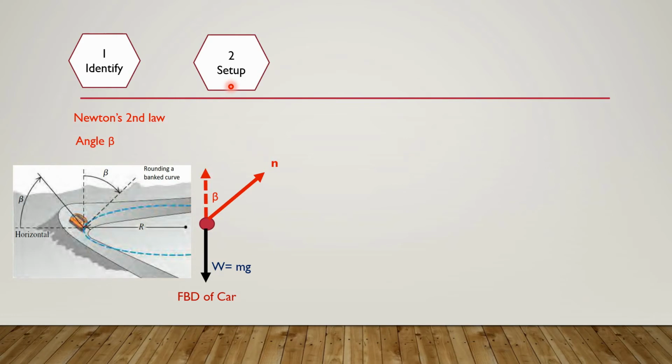This normal reaction makes angle beta with the vertical. There are two components of this normal reaction n. One is along the vertical, that is n cos beta, and the other component is n sin beta, that is perpendicular to it. And we have to attach a set of coordinate axes. We place the x-axis along n sin beta because in this direction the radial acceleration acts and the radial force also acts. Perpendicular to it we place the y-axis. Next step is to execute.